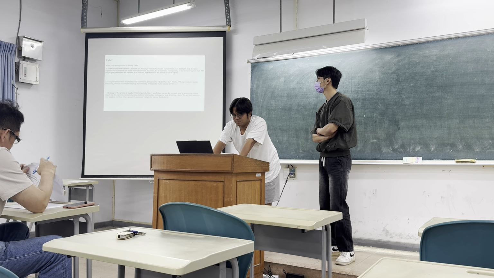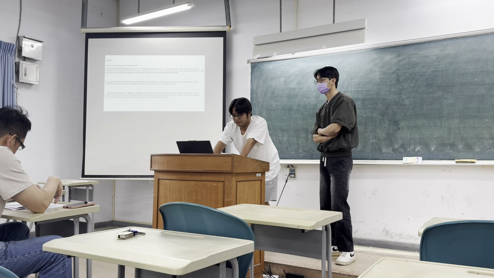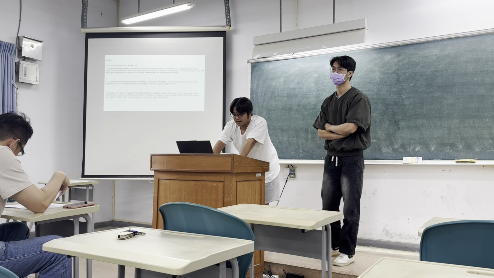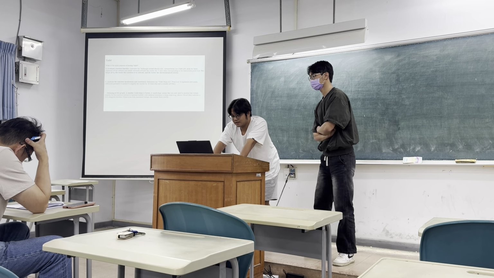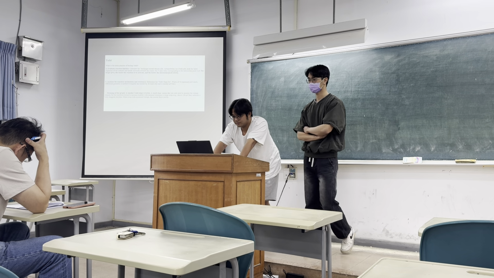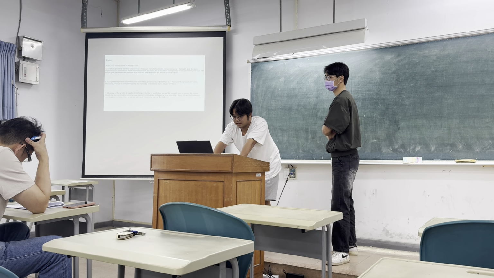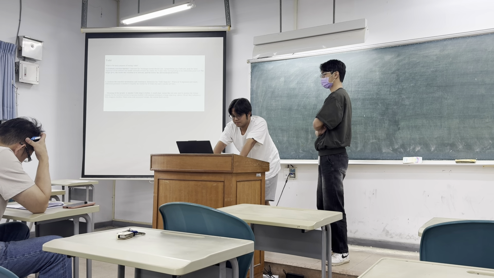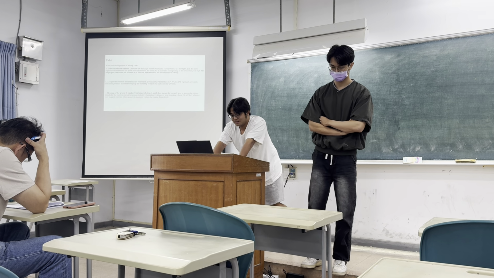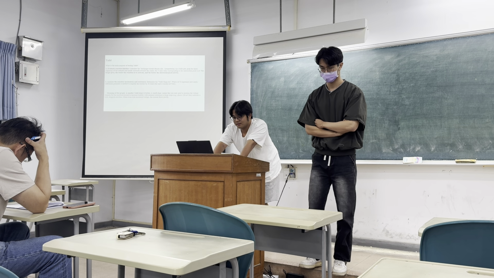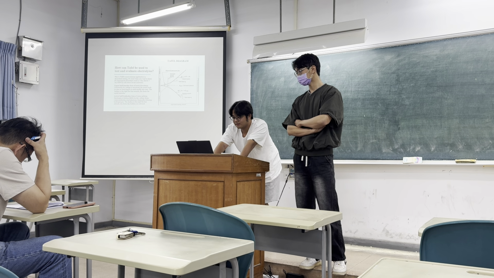The main purpose of testing Tafel is, one, to evaluate reaction kinetics and calculate the exchange current density. And the next one is to analyze the reaction mechanism and resistance. And this is